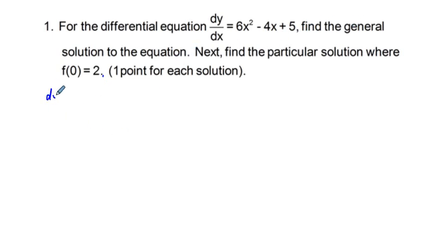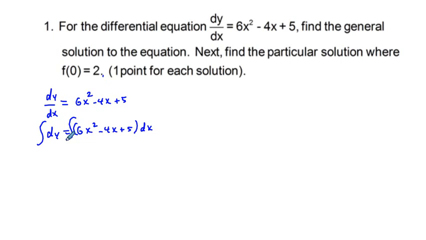I'm going to just rewrite this. dy dx is equal to 6x squared minus 4x plus 5. And what we're going to do with this dx in the denominator is cross multiply. So we're going to have dy is equal to 6x squared minus 4x plus 5, and we're going to multiply all this by dx. And now to solve for y, we're going to take the integral of both sides of this equation, and in